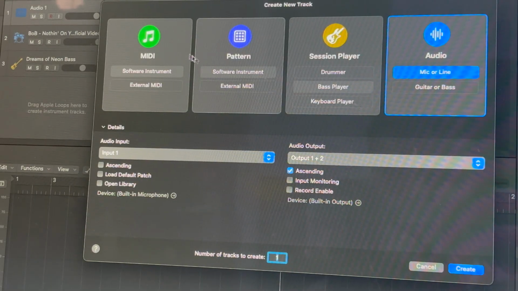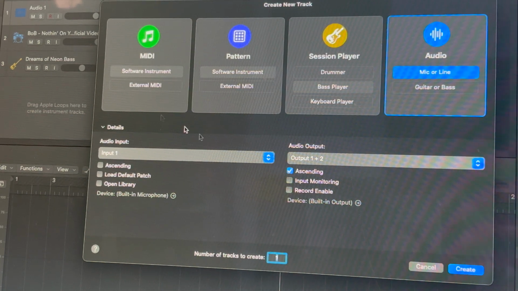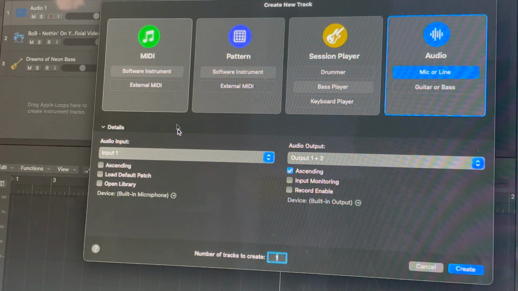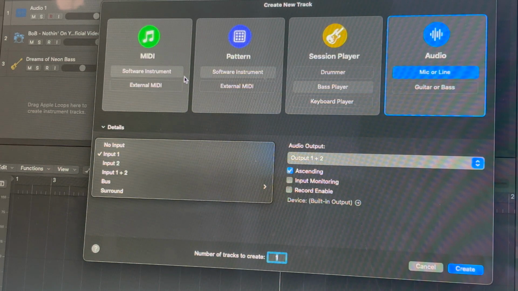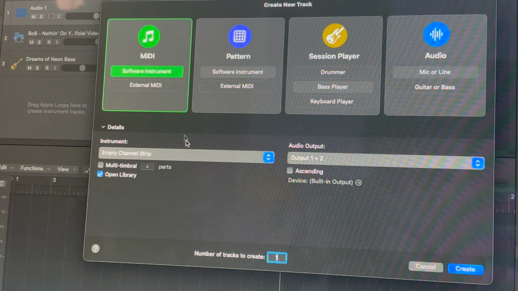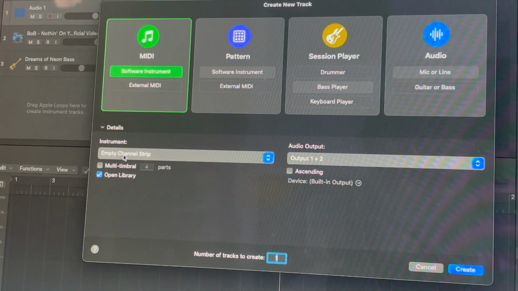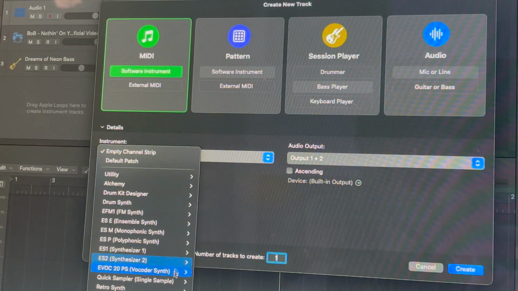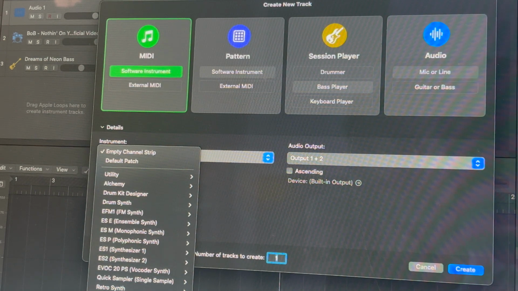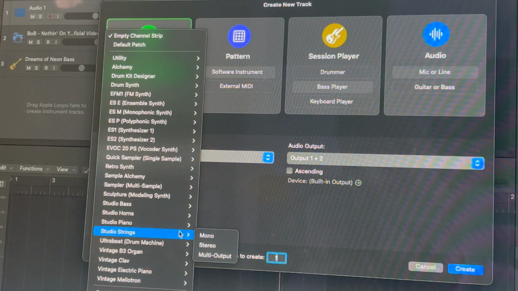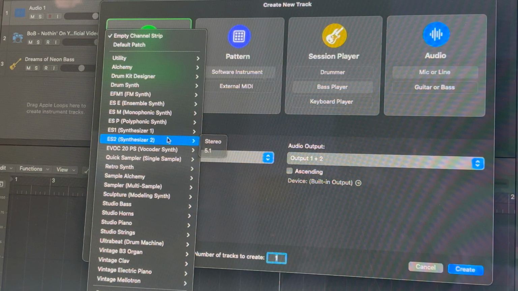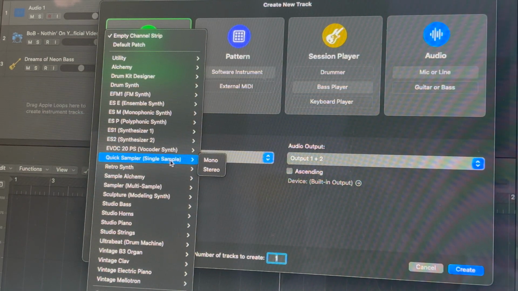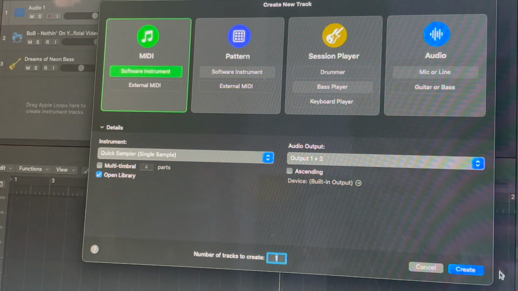Or if you can't find it, you can come here to create a new track, and you can put the MIDI, and instead of empty channel strip for the instrument, you click it, and then it should be down here, which it is. So it should be a mini sample or quick sampler, which is here. You can click stereo and create track,